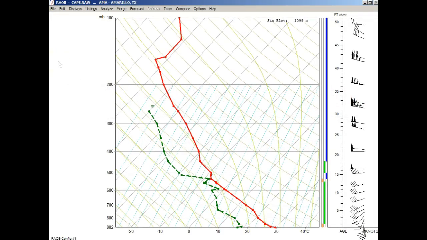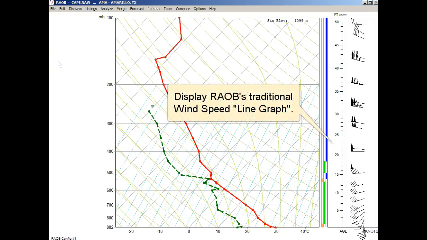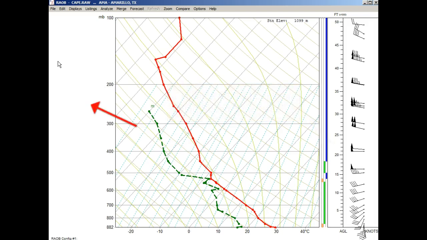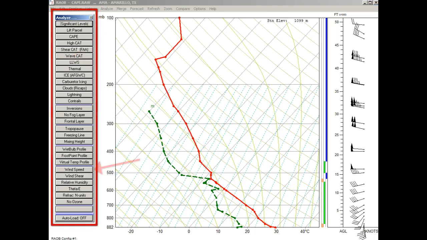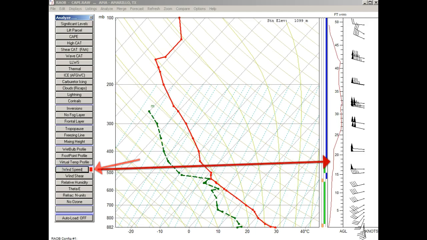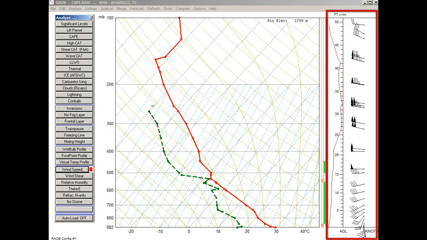Before exploring the WindSpeed Colorbar option, let's first see RAOB's traditional WindSpeed line graph. To display it, just right-click along the sounding's left margin, and the analysis toolbar will be displayed. Then click the WindSpeed button option. And we now see a thin red line which depicts the relative wind speed gradient associated with the plotted column